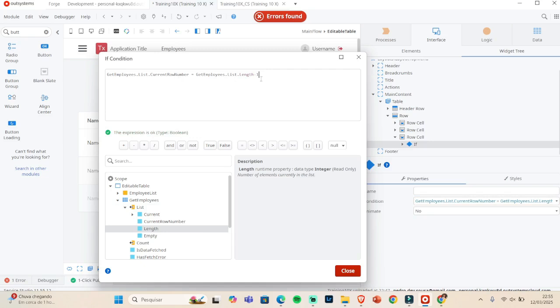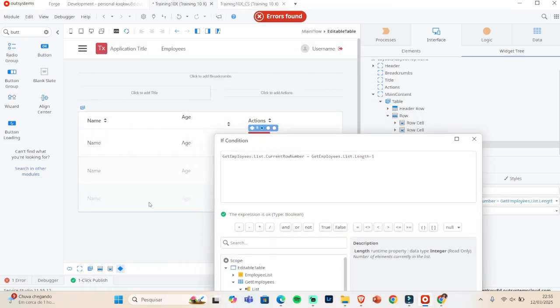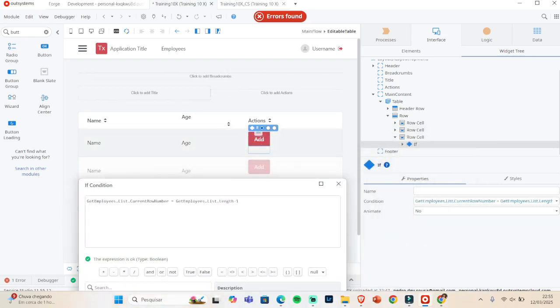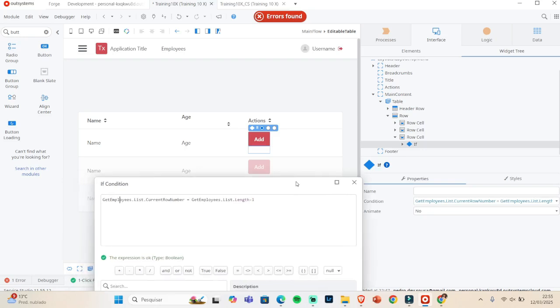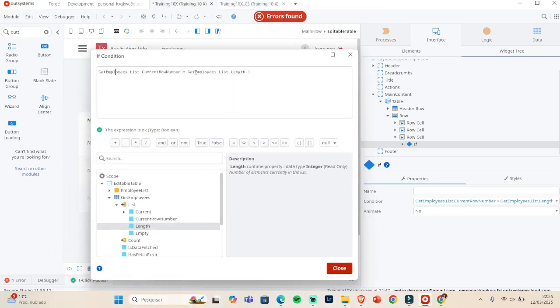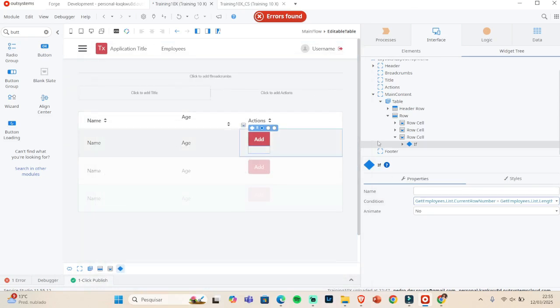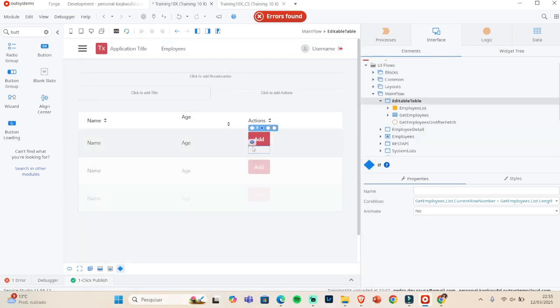If this happens, it means that we are on the last record of the table. Doing this, we're going to have the Add button only in the last record. That's what we want. So this is the way to do it. Let's add